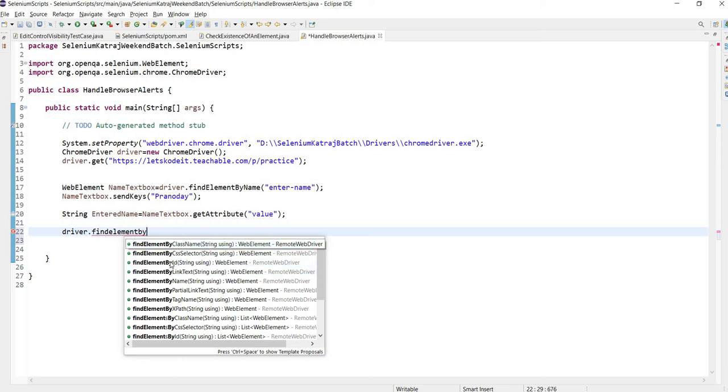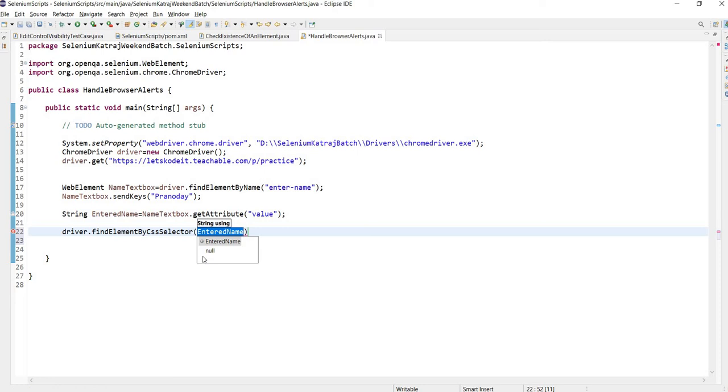So we have them for class name, for ID, for name, for tag name, but we don't have anything for the value attribute. So in this case, we can make use of CSS selector or XPath, but let's not make use of XPath here. Let's make use of CSS selector.